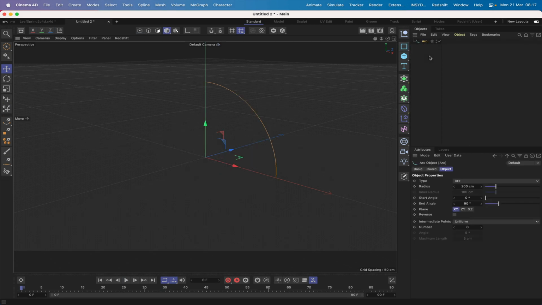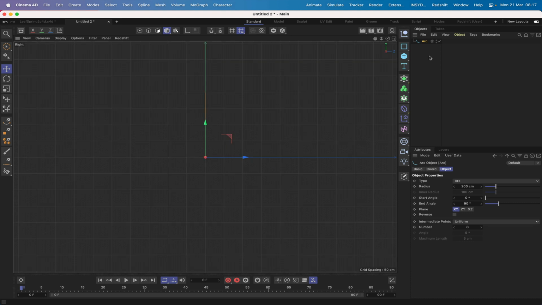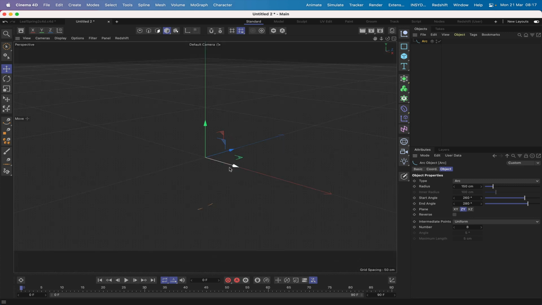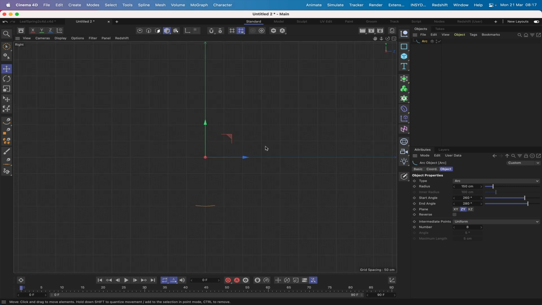We'll begin by creating an arc, and then I'm going to switch my view to my right hand view. Now, the radius for the arc I'm going to make 150, start angle to 60 and end angle to 80. And that will give us a nice starting point, and we can change our plane to, it should be ZY. So in our 3D view, we've got our arc facing along its x-axis. You can make it face along the Z, it doesn't really matter, but I've just chosen to go with the X. Go back into my right hand view, and then what we'll do is just zoom in a little bit